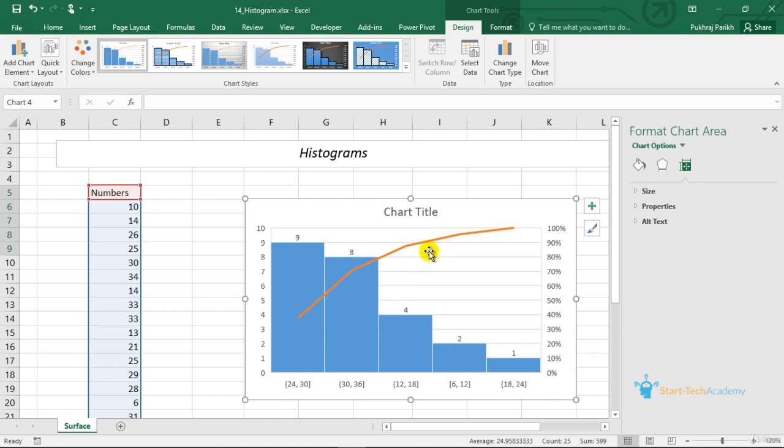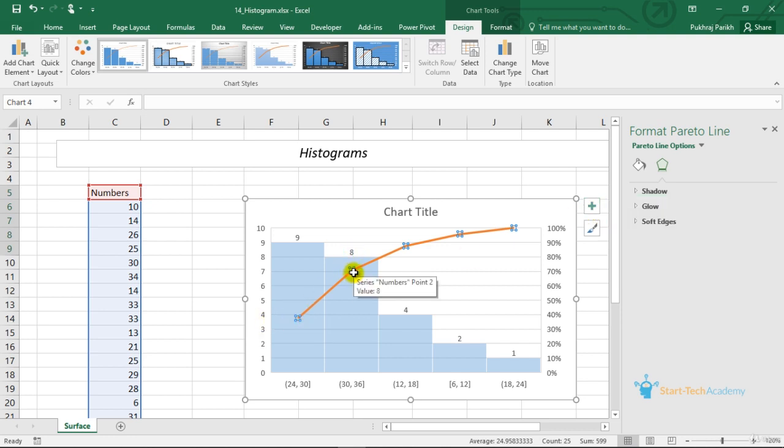And this line is showing the cumulative relative frequency values. For example, the relative frequency of this category is around 35%. When I add the second category, it becomes nearly 70%. After the third category, it becomes nearly 88%.